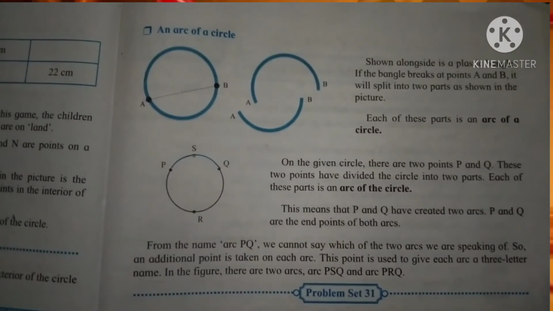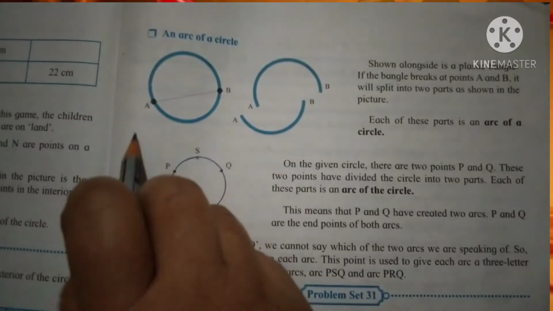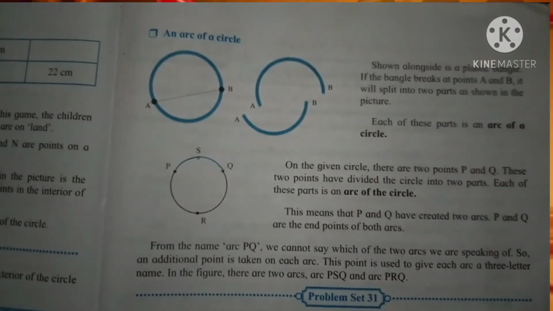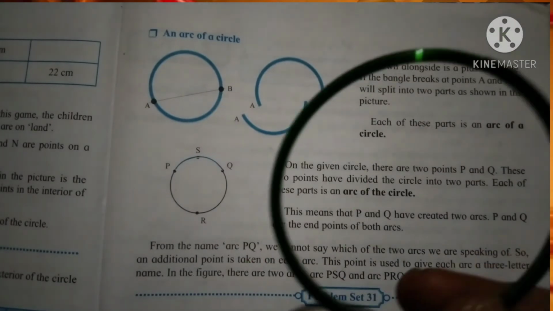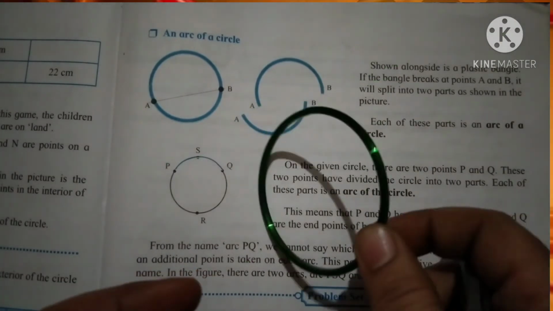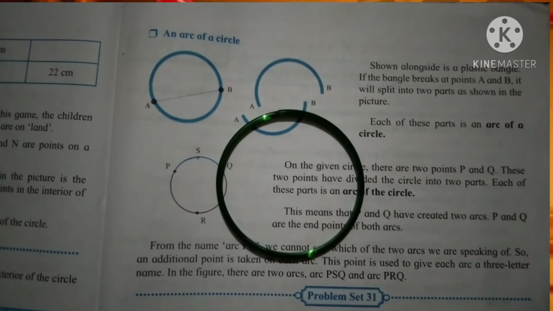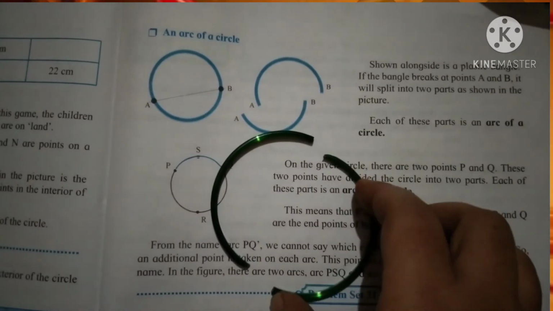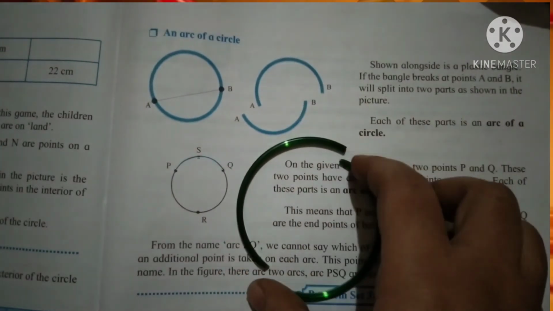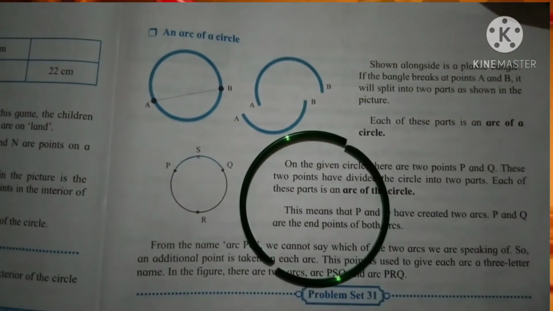Now the next part we have to see, that is an arc of a circle. Okay, so see here, having one bangle. It is a round, circular shape. If we break it, what will happen? Here we get the two parts. It will split